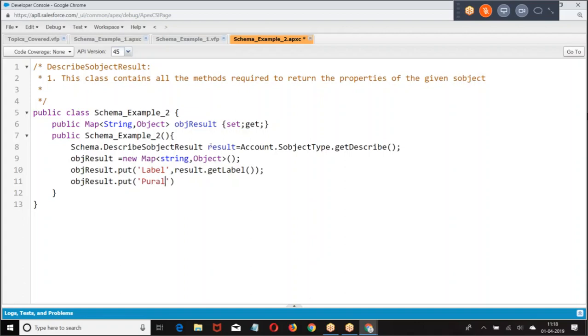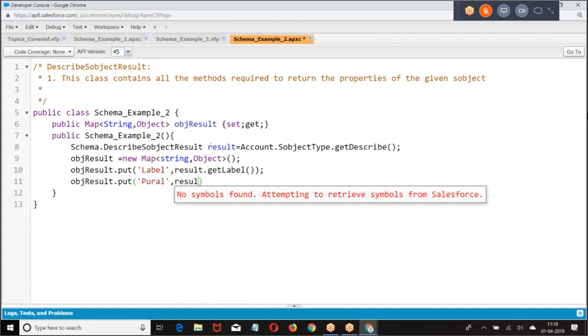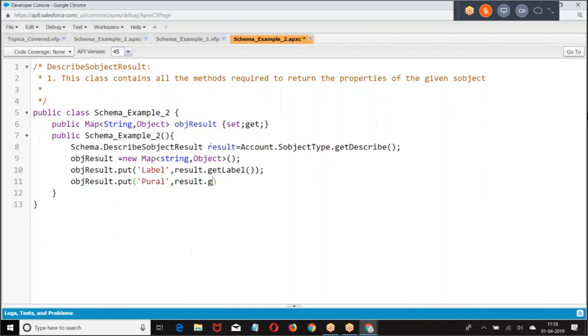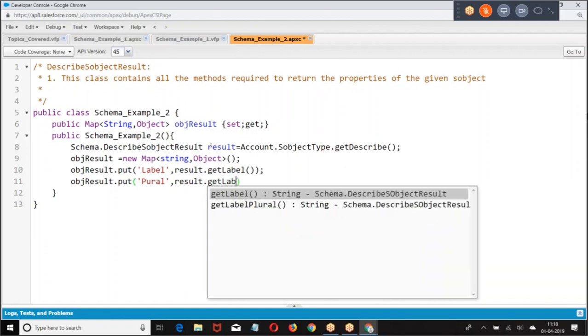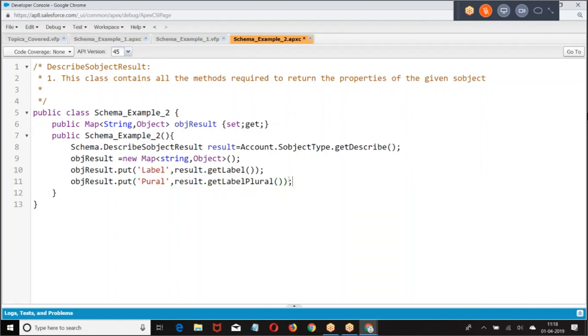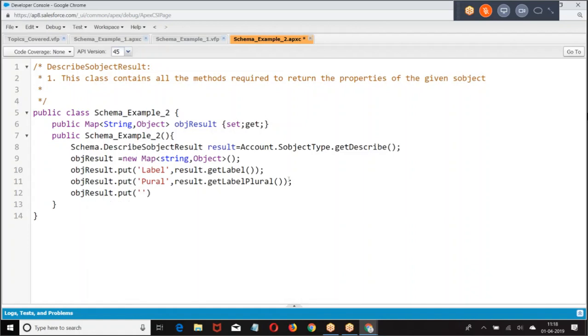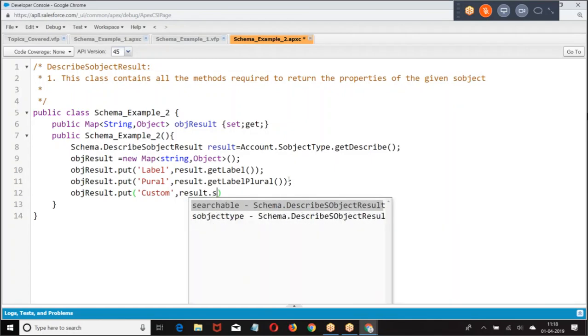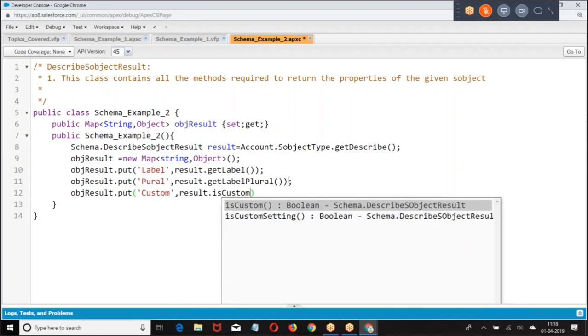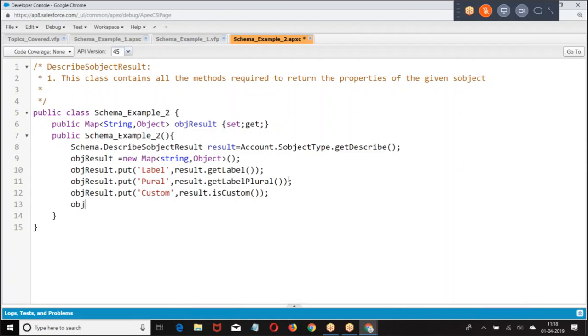Put label field. Is it custom? isCustom will give you whether it's a custom object or not. objectResult.put custom setting. Result.isCustomSetting.